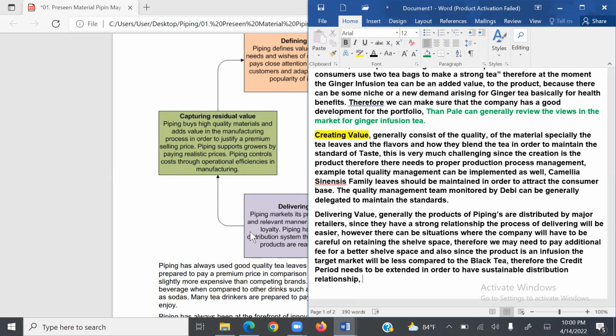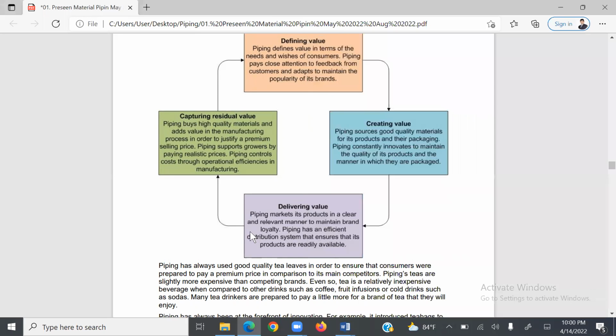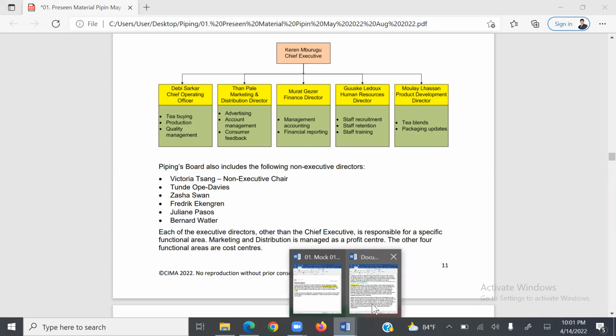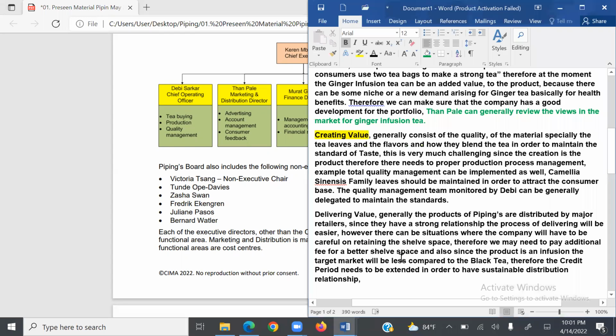Now, students, I'll just take you to the management. So the person who is in charge of the distribution at the moment is whom? Tea buying, production, quality management. So Tanpel only. So I'll write down here, Tanpel wants to provide the details of the